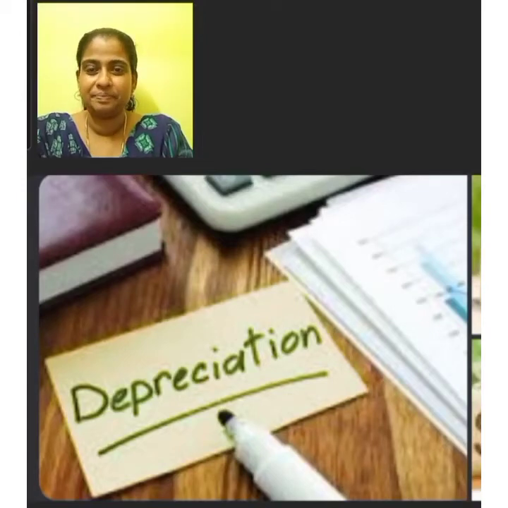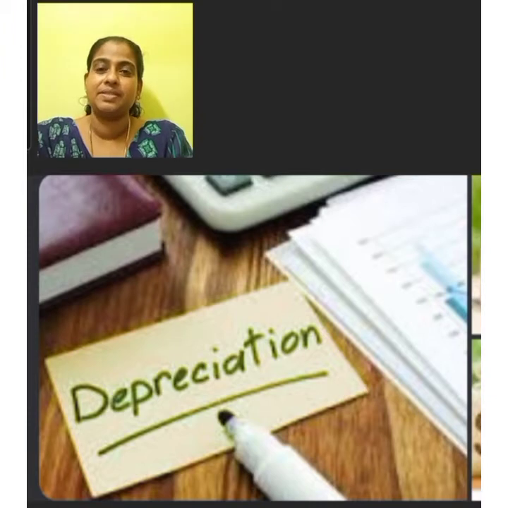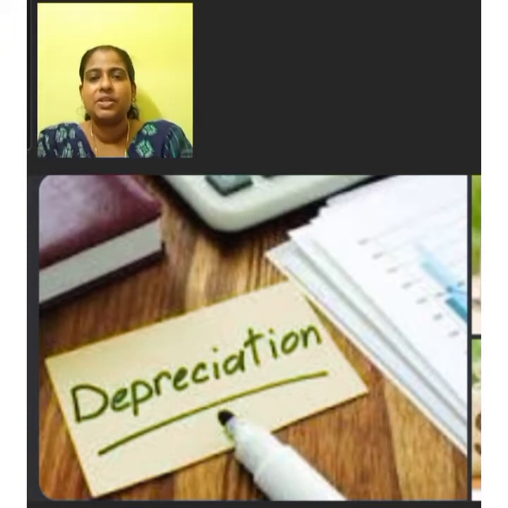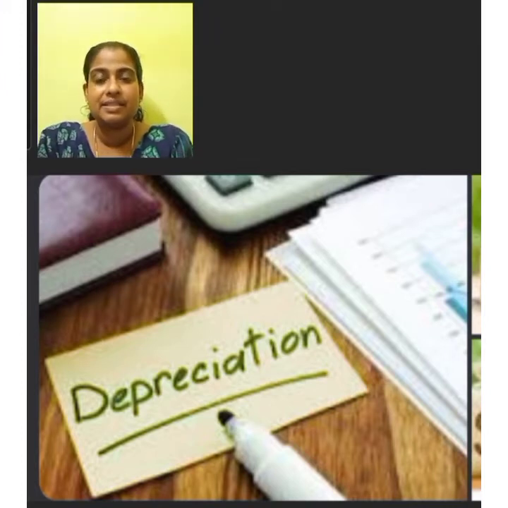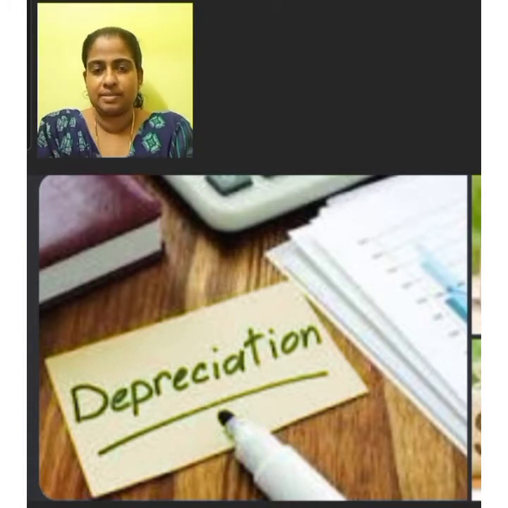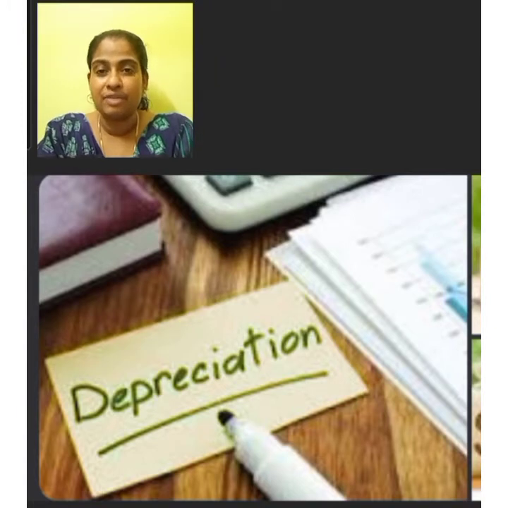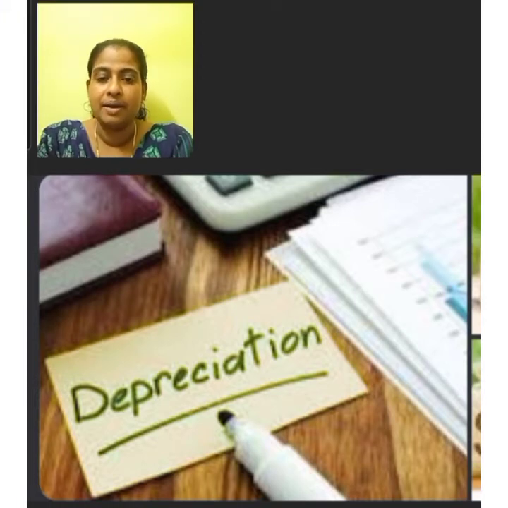My dear children, in this module, we are going to study the important objectives of depreciation. As we know, depreciation is the gradual and permanent decrease in the value of an asset from any cause. Depreciation means decline in the value of asset. The important objectives of depreciation are: